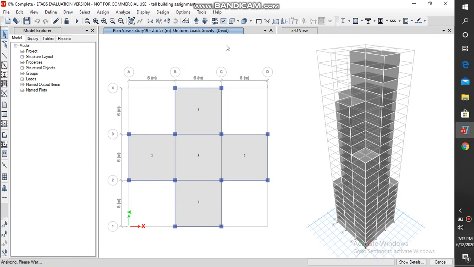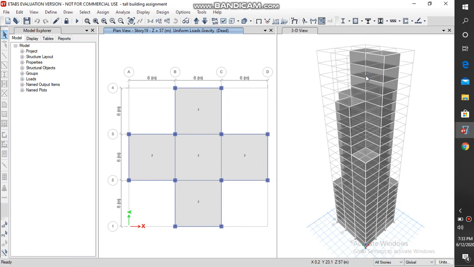The main reason for analyzing a structure is it helps us know about the bending moment, shear force, slope, deflection, and other properties of our frame. There are a number of frames present in this structure, right?